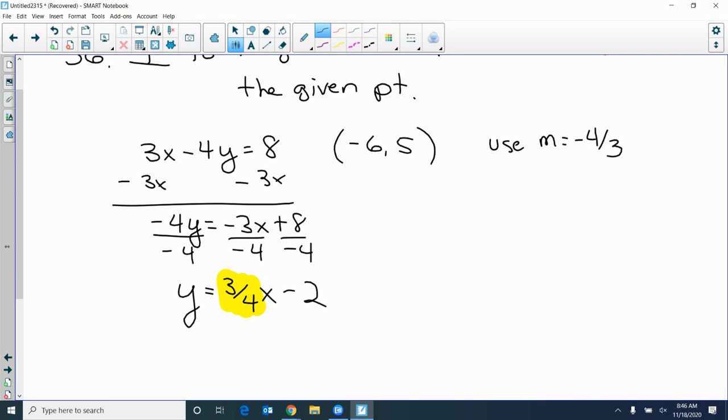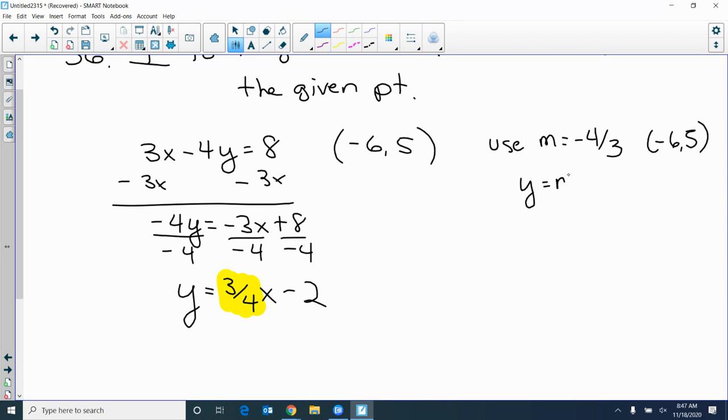Josh, did you use 3/4? No. What'd you use? 3/4. You used negative, so you just made it negative. Yeah. You got to flip it too. Okay, so you got to flip it and make it negative, and we use the point -6,5 in